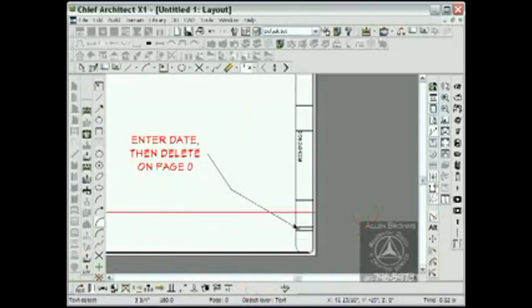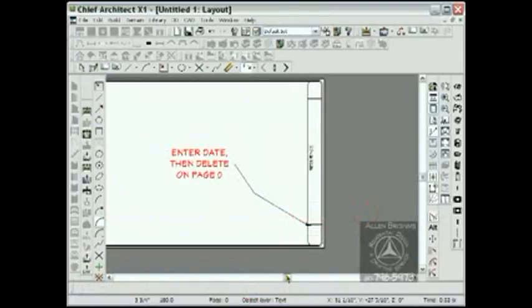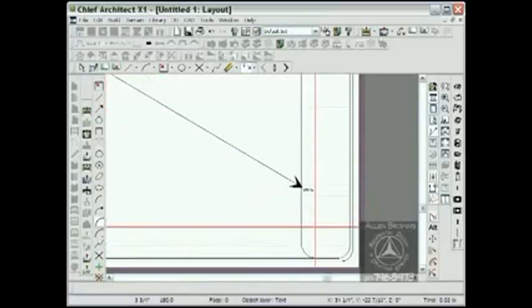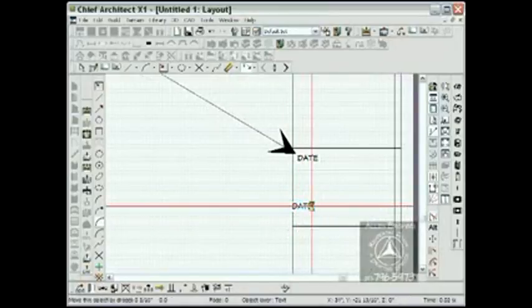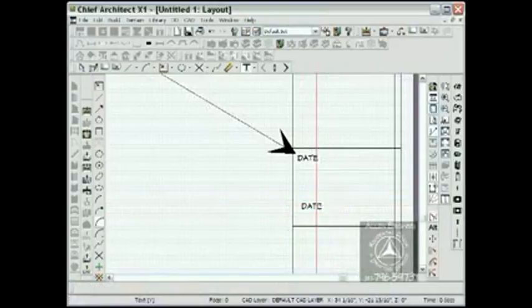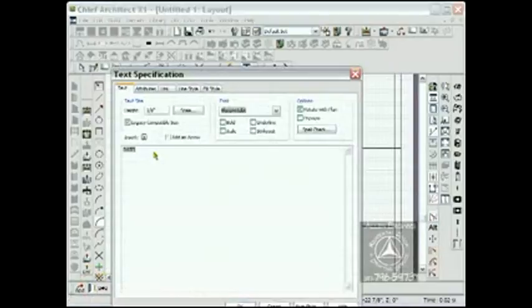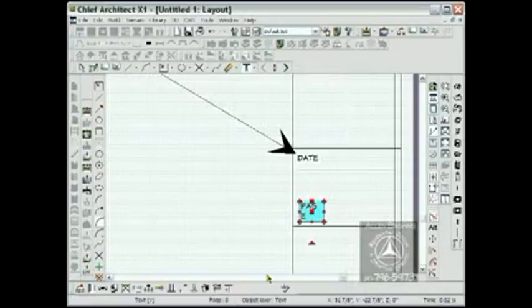Alright. Next thing we want to do is put the page number in there. So I'm just going to take that date, because it's about the size I want, copy, paste, correction. We'll scoot that over just a little bit. Oh, I forgot. That is the page number is what we want there. So we'll open that up, change the text to page, stretch that out just a little bit,